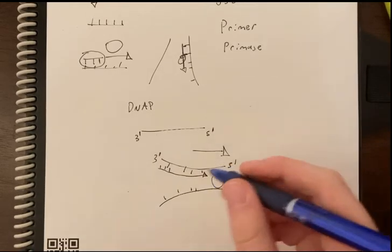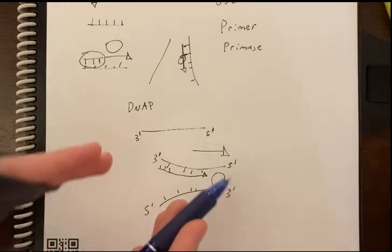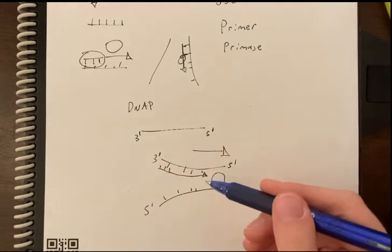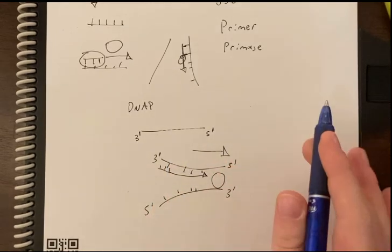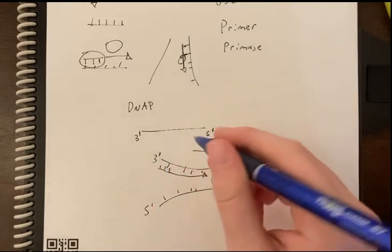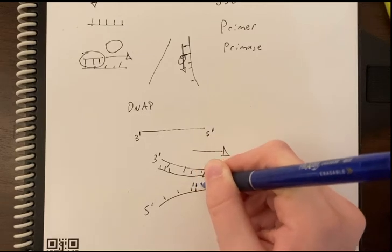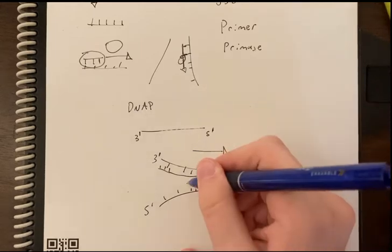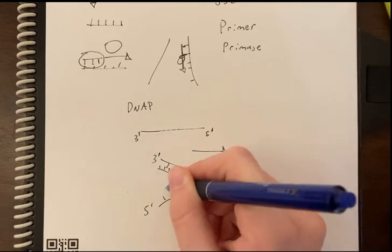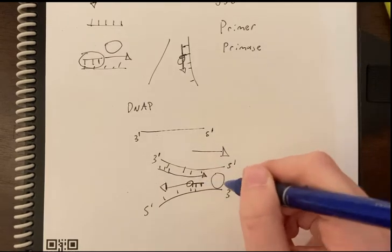But we have this other one, which is 5 to 3, and so we need to be replicating it this way, but the primer, or the DNAP can only move this way. And so they have a little trick for this. The primase will add a primer pretty close to the helicase, and now the DNAP can load on and go from 3 to 5 until it can't anymore. And then when this opens up further,